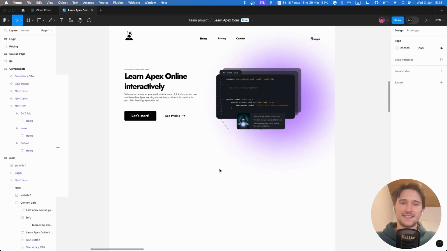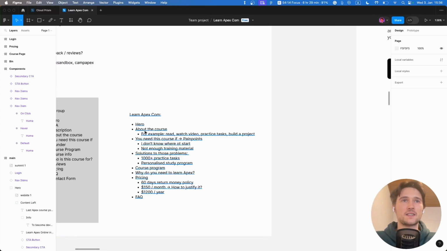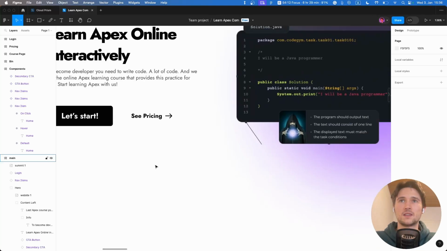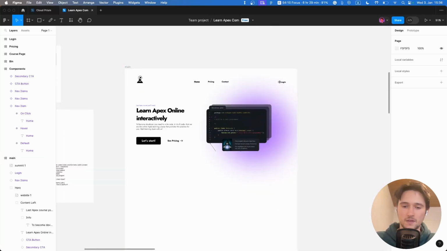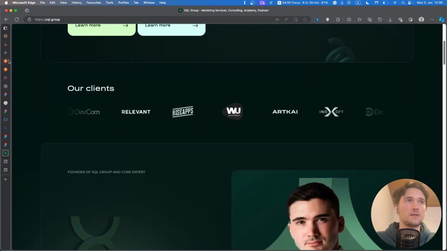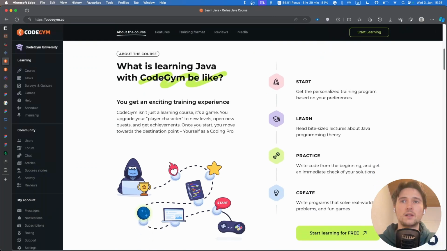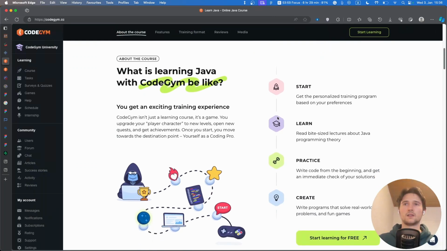That's nice. What is the next section? The next is about the course. What do I mean by about the course? Let's see what Codegym has. So Codegym has something like this: start, learn, practice, and create. This is something that I would also like to implement. And I would like not to have start, learn, practice, and create. I would like to have